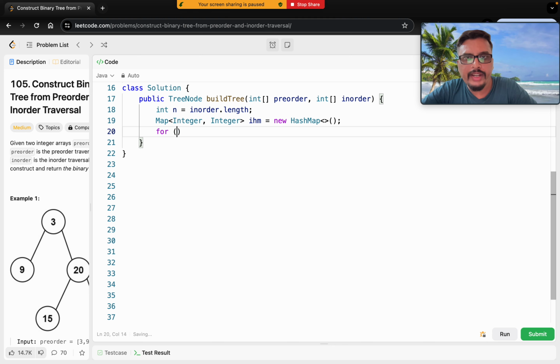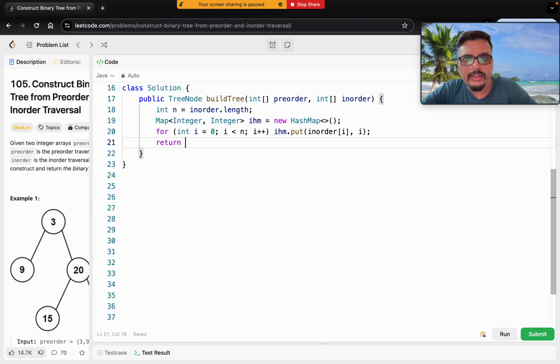Now I will iterate the inorder array and put the elements and their indices. Then I will call a split tree method. I will pass the root index, the left index and the right index, then the preorder array,